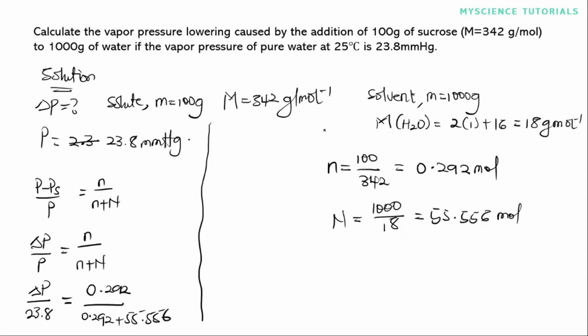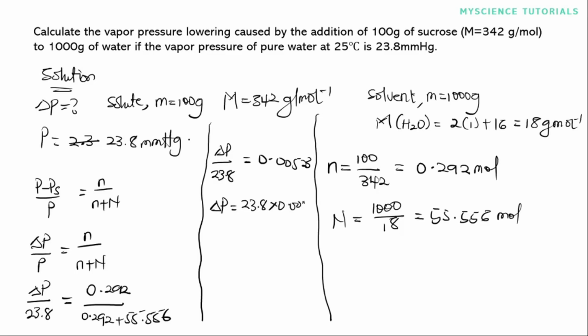Now if we punch everything here into the calculator, we are going to get delta P over 23.8 to be equal to 0.00523. Now if we cross multiply, we get our delta P to be 23.8 multiplied by 0.00523, and this gives us the value of delta P, which is equal to 0.124